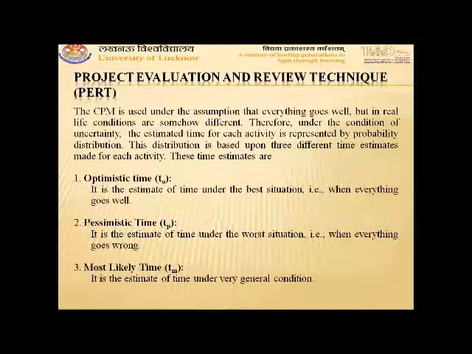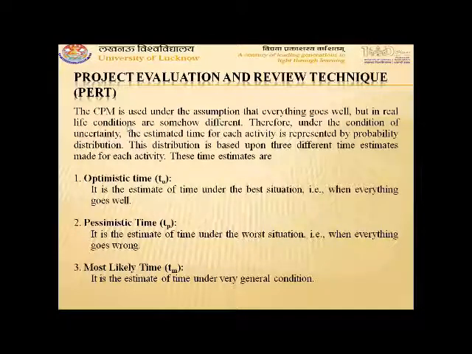Under this technique, we use 3 different time estimates depending upon the distribution of the activities. Generally, this distribution of activities is taken as beta distribution. Here we consider 3 time estimates. One is optimistic time, second is pessimistic time, and third is most likely time. Optimistic time is the time under the best situation. That means everything goes in a very good manner, and